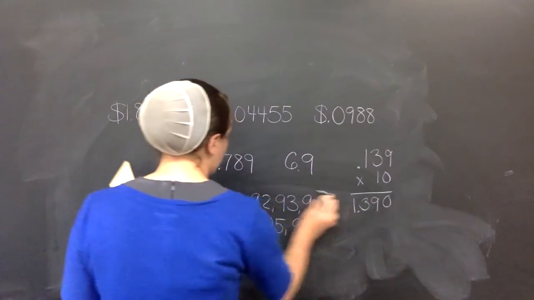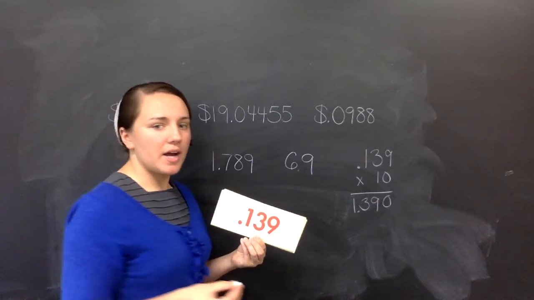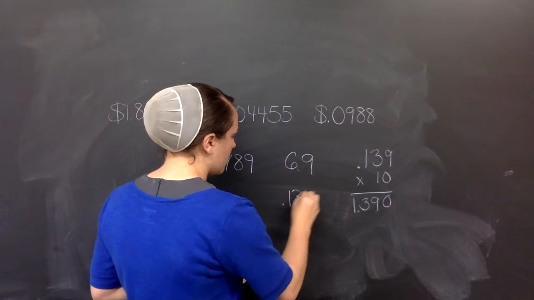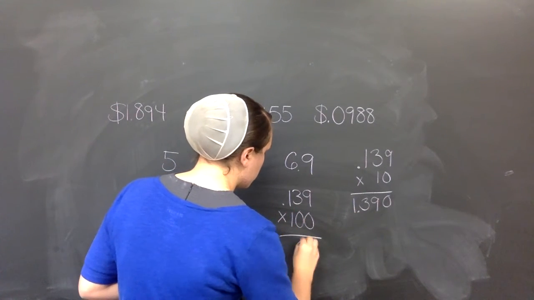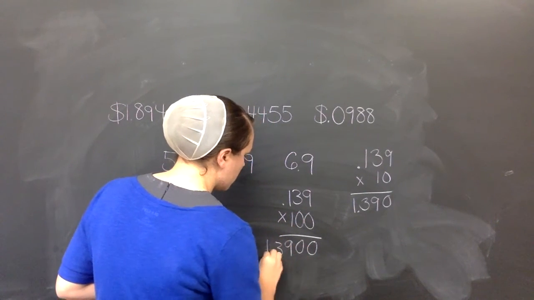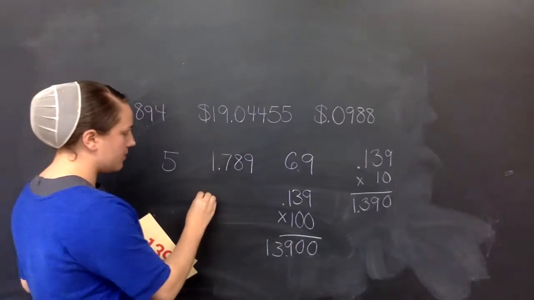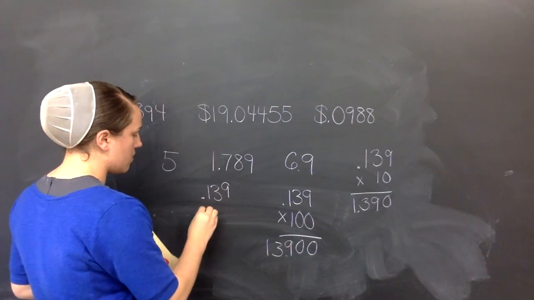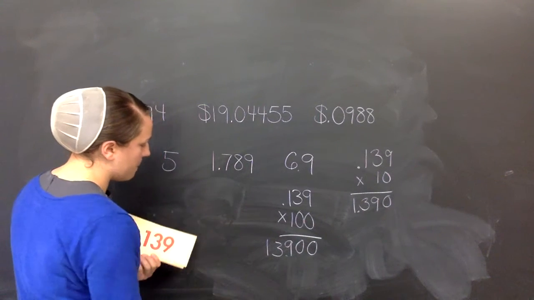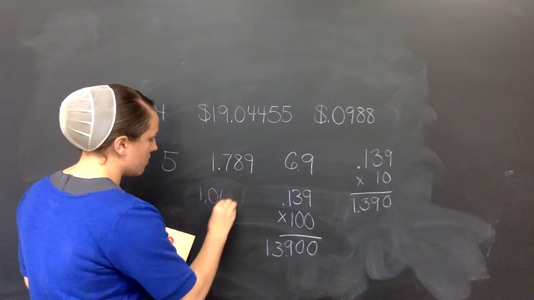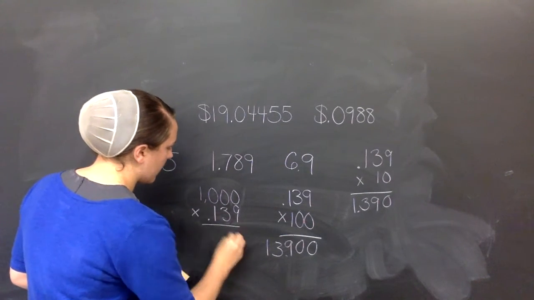Now, I'm just going to move these away. Now, what if we would multiply this number by 100? That would be our answer. Now, let's try multiplying it by 1,000. Let's put the 1,000 on the top. Okay, so we have